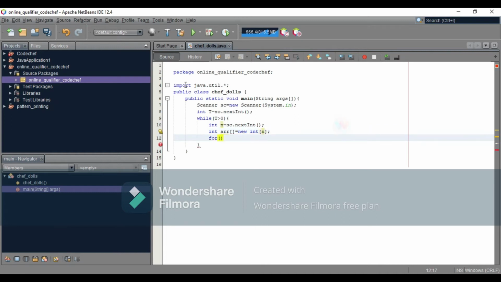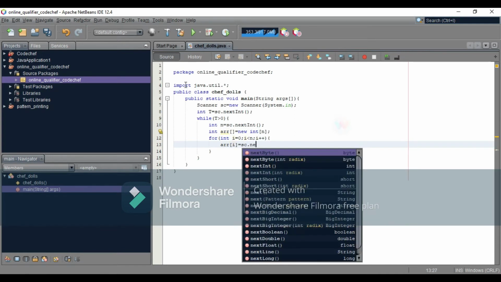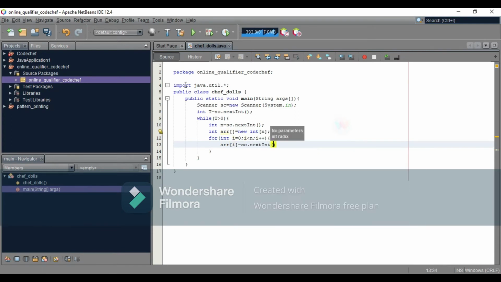For inputting the array we have to use a for loop, for int i is equal to 0, i less than n, i plus plus, and after that we have to enter arr of i is equal to sc.nextInt.